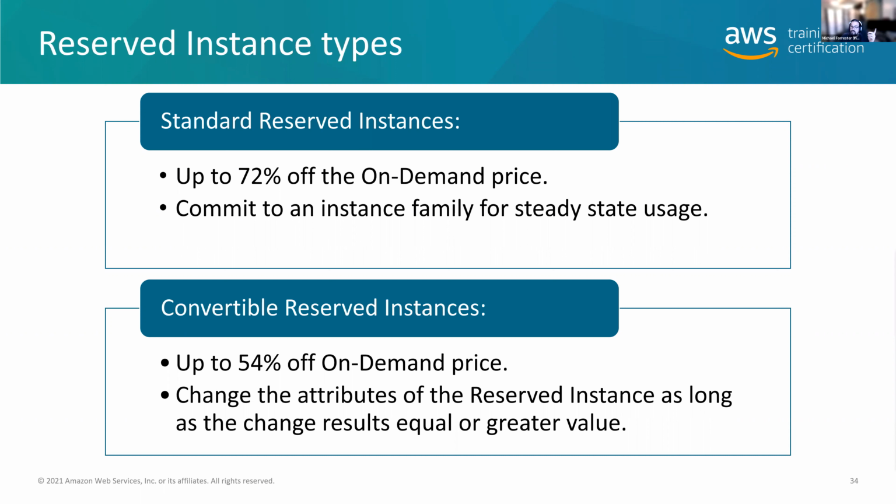Now, Amazon does have the marketplace, which will allow you to sell your reserved instances if all of a sudden you're like, I don't need them. But this is the answer if the workload is going to be running for a year or more, up to 3 years. You want to use reserved instances for the most part. If you need some flexibility, then you can look at convertible reserved instances, which will give you some flexibility around the size of the instances that you run.